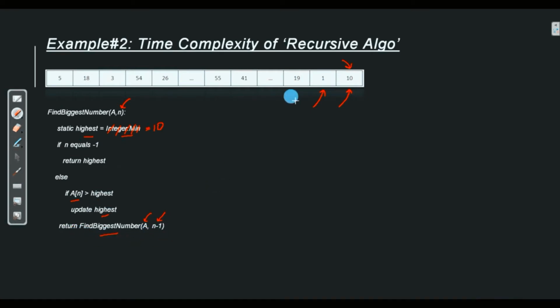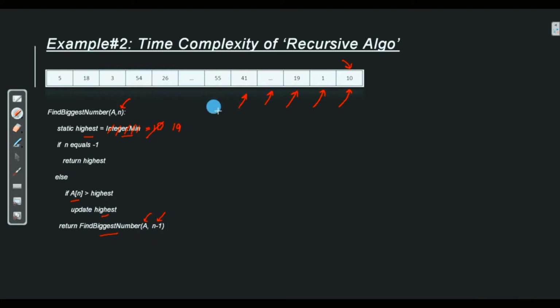So again now n starts pointing to this cell over here. So if n equals -1, no, return highest will not be executed. Else if a[n], that is the current cell's value, is greater than highest, yes, the current cell's value is 19 and highest's value is 10. So we update it and make it 19, and then do a recursive call with n-1. So it now starts pointing to this cell.